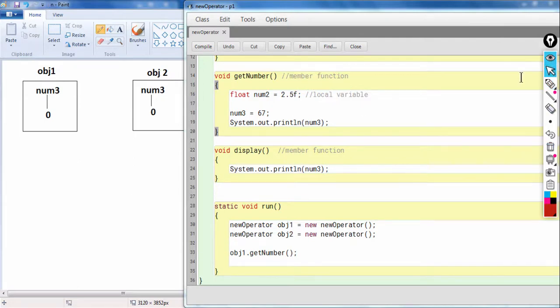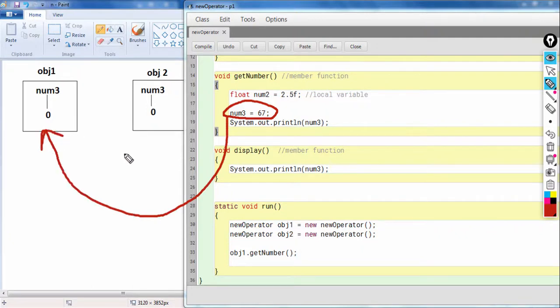Okay, now the important thing to notice here is that when you say num3 equals 67, okay, you are storing 67 in num3. So this num3 will get stored where? It will get stored in obj1, or will it get stored in obj2? So you have to see the calling object.